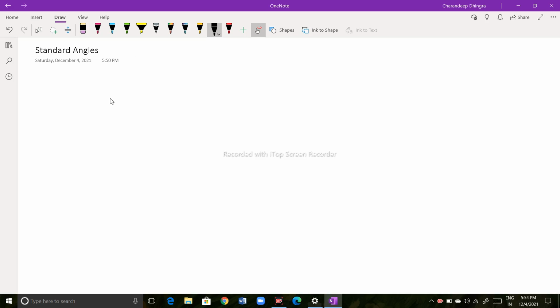So today let's start off with the standard angles of trigonometry and we'll learn how we can find the values of the standard angles. So first we'll write the standard angles which we use. So the standard angles are 0 degrees. So we'll write all the angles in degrees. So 0 degrees, then you have 30 degrees, then 45, 60 degrees and 90 degrees. So these are the standard angles of trigonometry, and for these standard angles we'll find the six ratios, that is sine, cos, tan, cot, sec and cosec.